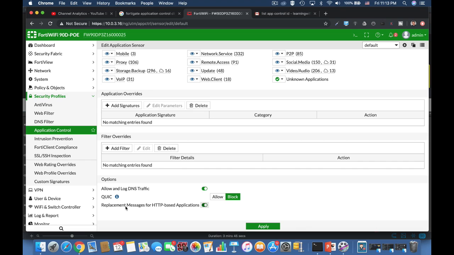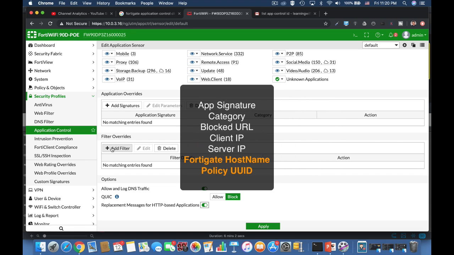Now, when you enable it, your users will get a block page that will include the following information. The signature that detected the application, the signature's category, either gaming or peer-to-peer, the URL that was specifically blocked, the